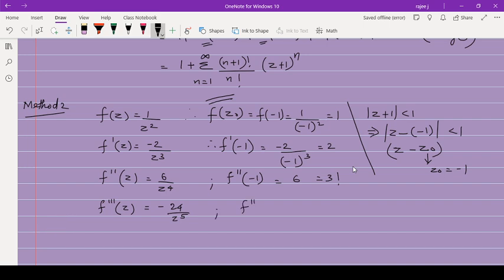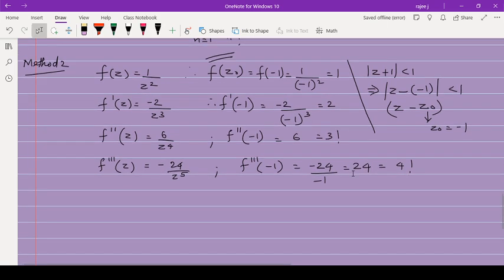Then f3 dash of minus 1 is minus 24 by minus 1 raised to 5, which is minus 1. So it is plus 24. Plus 24 means 4 factorial. Now, substitute the values in the given formula. Therefore, by Taylor series,